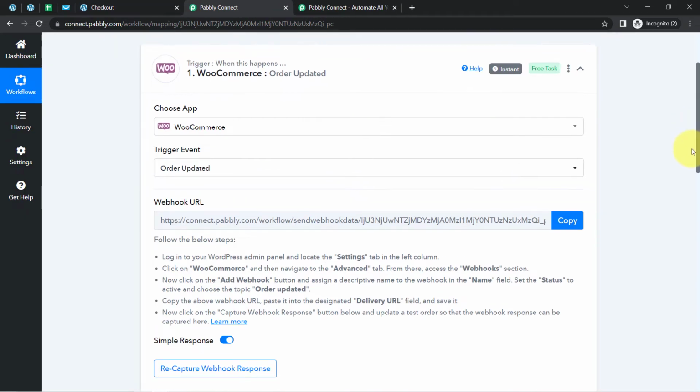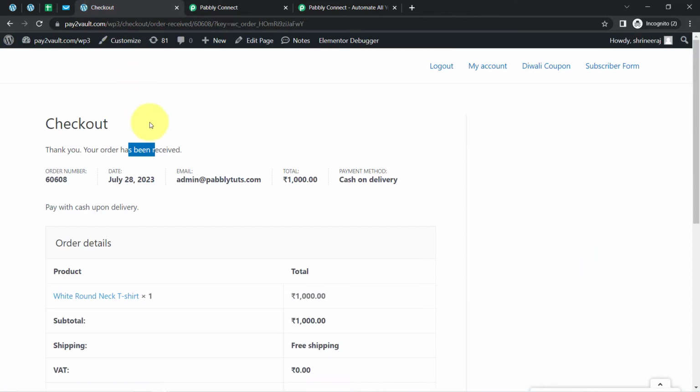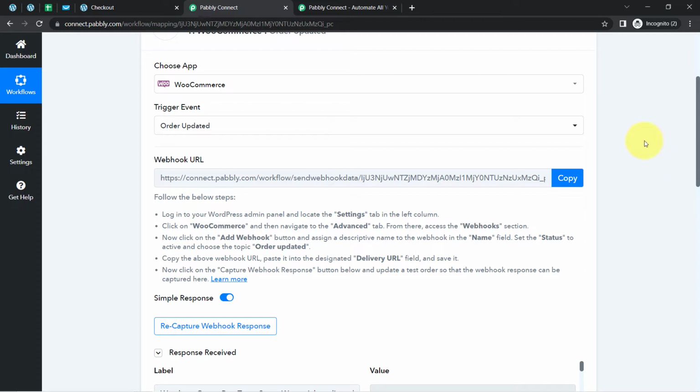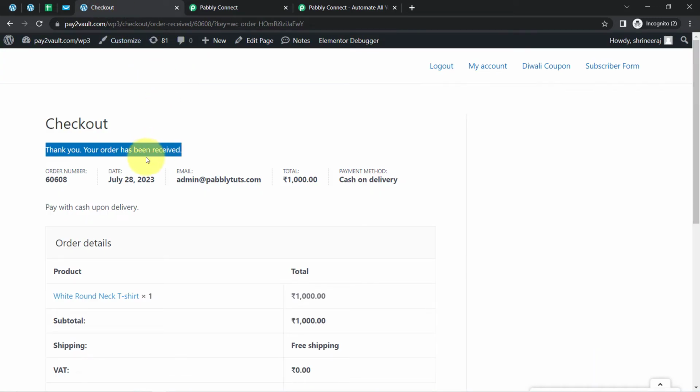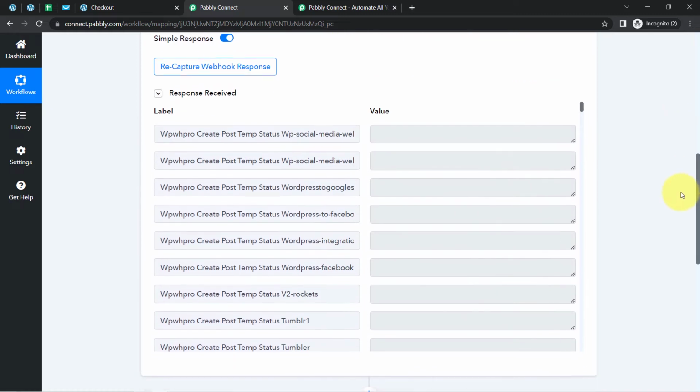And here you will notice that our trigger will be executed even on the order placement. However, we have clearly specified that this automation should be executed every time the order status is updated. However, it has already executed even on the successful order placement. So before I tell you what we can do, I will first show you